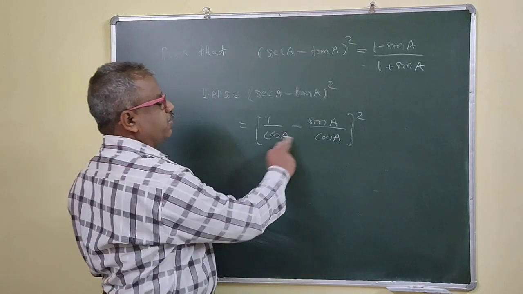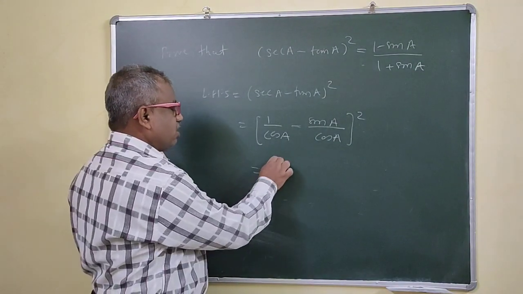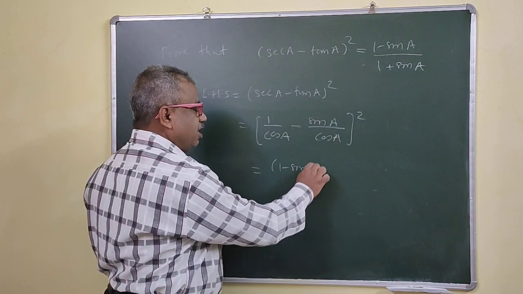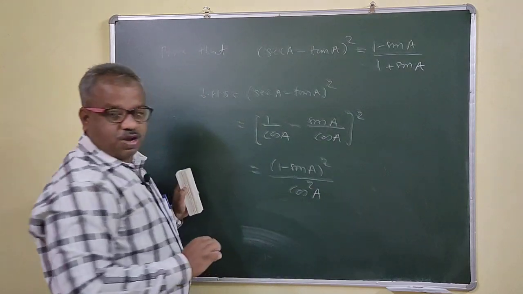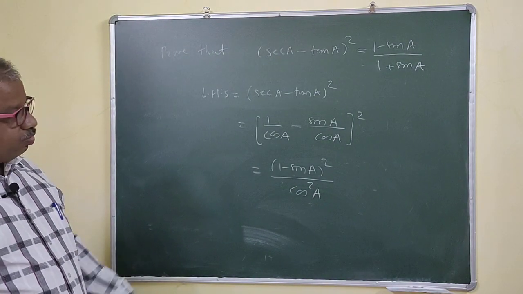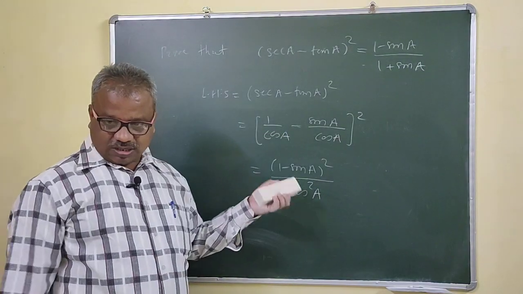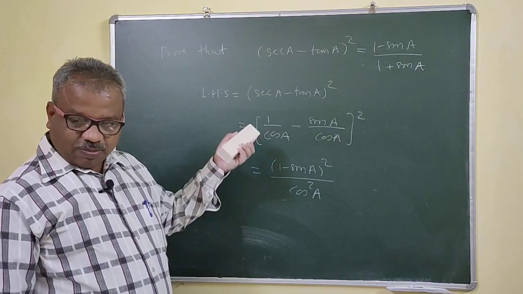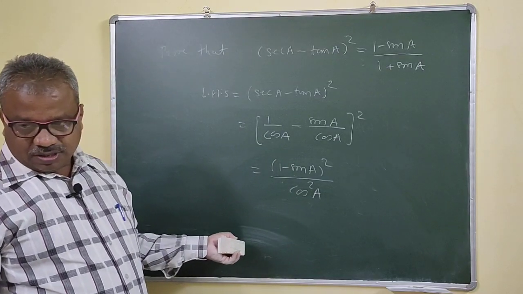So what we get then? This is what? Your denominators are same now. Right? This is what then? 1 minus sin A. Just we get square now. Now this is your cos square A. See, the problem become very simple now. Right? So to solve the trigonometric problems, there are many ways. It depends on the skill now. If you apply your fundamental knowledge, then it becomes lengthy or complicated.